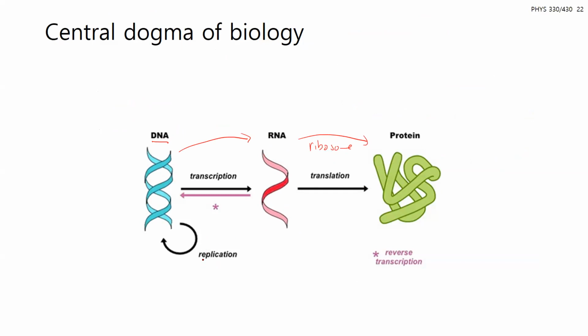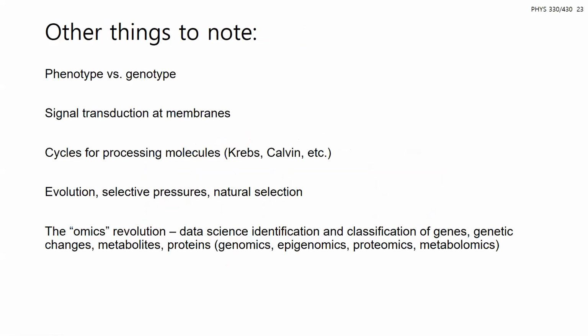And I also note here other processes, replication, reverse transcription. We could have an entire class just devoted to the central dogma of biology, but we're not going to get into those details in this class, but you should be aware of these different players. And then finally, just some other things to note that will be brought up. We're not going to be talking about the Krebs cycle or Calvin cycle, but just how different biomolecules are produced and energy. Later in the semester, we'll get into evolution and selective pressures,